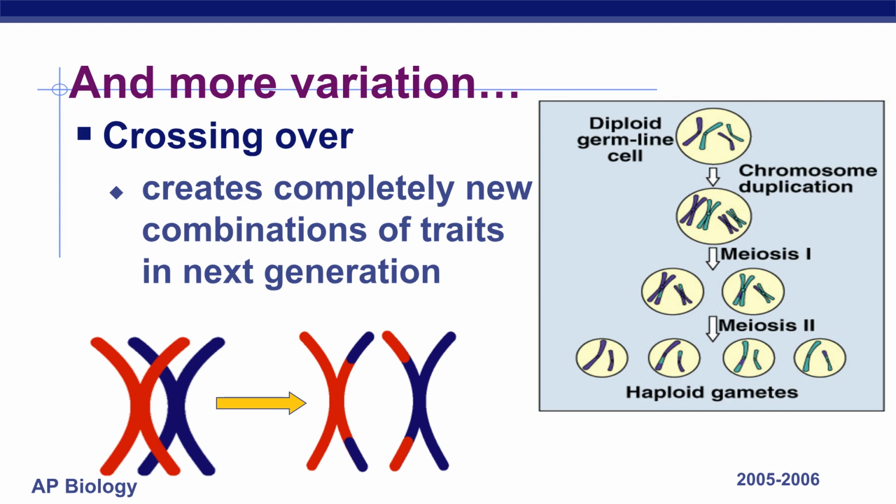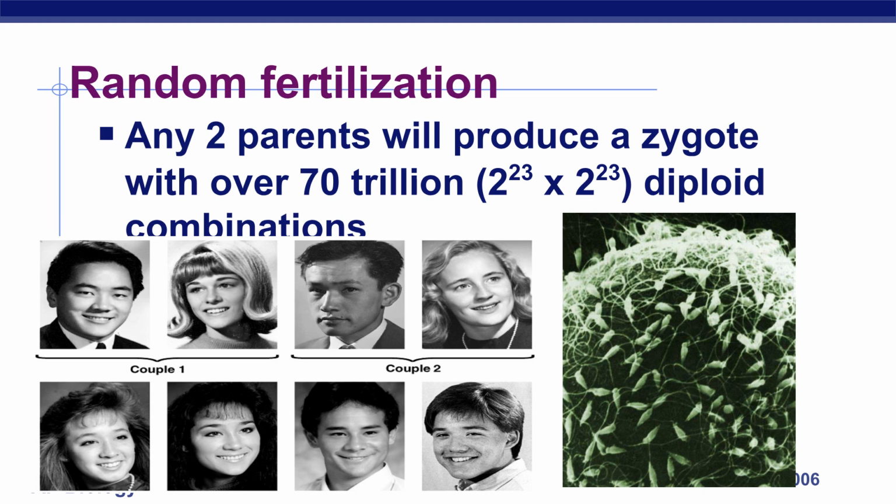Crossing over further increases variation by creating completely new combinations of traits in the next generation, as illustrated by the exchange of segments between homologous chromosomes. Finally, random fertilization dramatically amplifies genetic variation. Any 2 parents can produce a zygote with over 70 trillion unique diploid combinations, a product of the genetic mixing